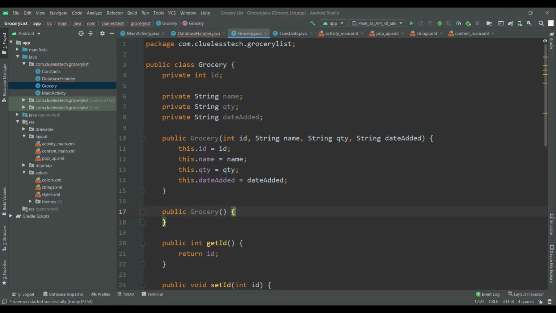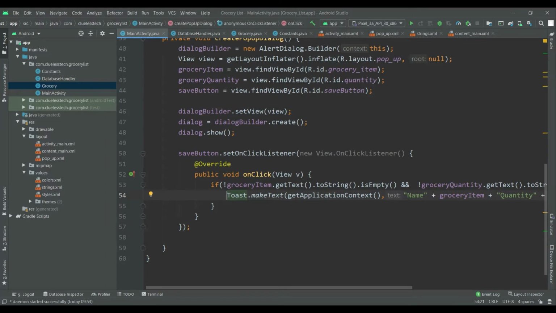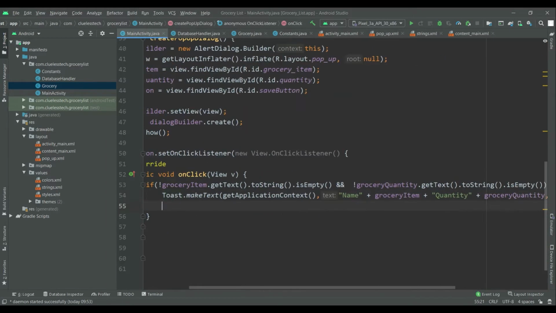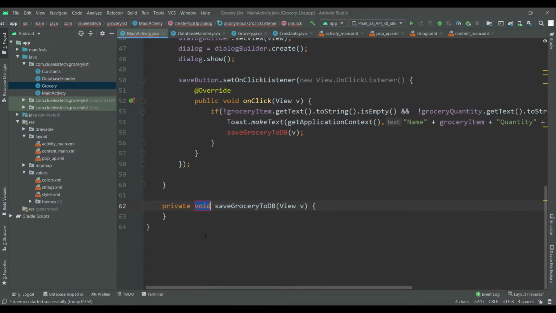Okay, so now let's create a method inside this save button, saveGroceryToDB, and pass the View v.